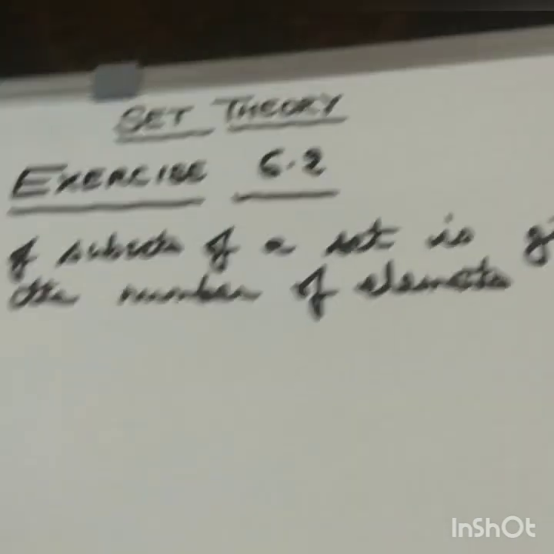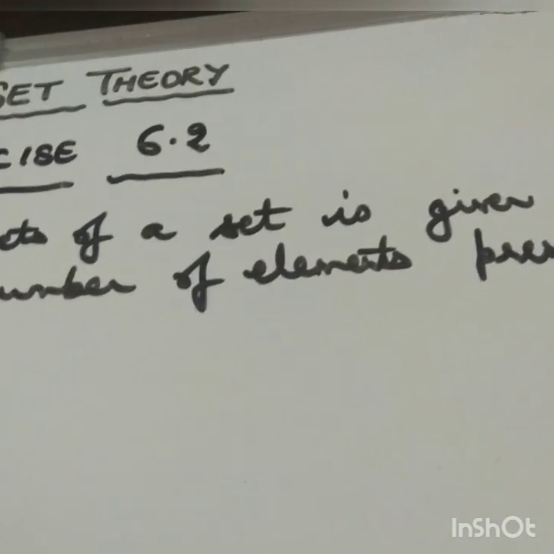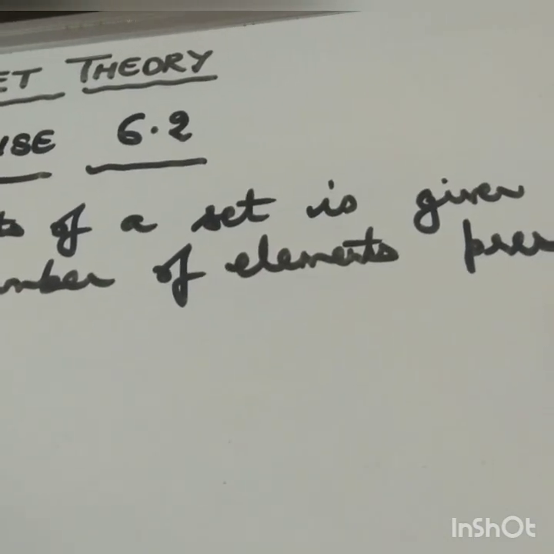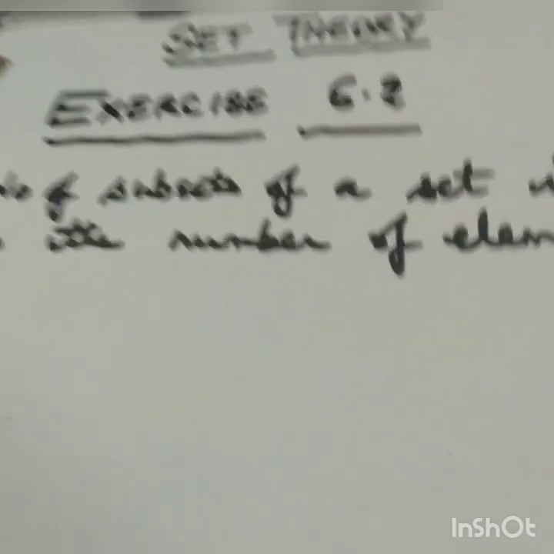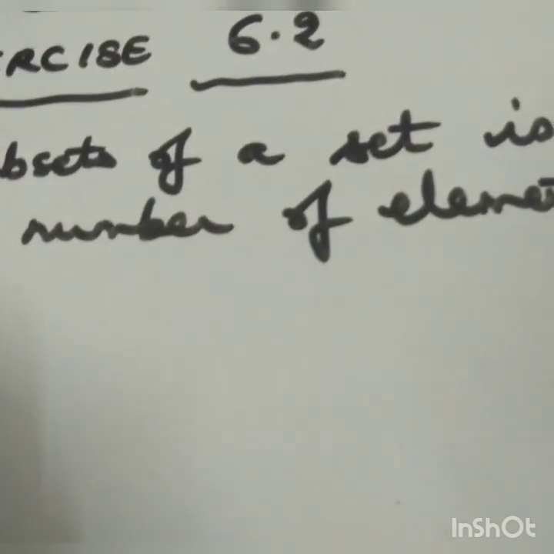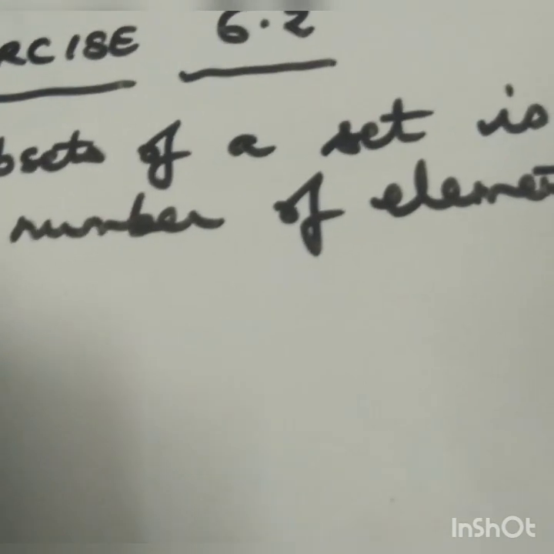Now question number 4, which are the subsets? You have to write down the subsets of the following sets. Now this question I am going to do for you. I will be doing question number 4. Which part? I'll do B part. Okay, let us do B part. Question number 4, B part.